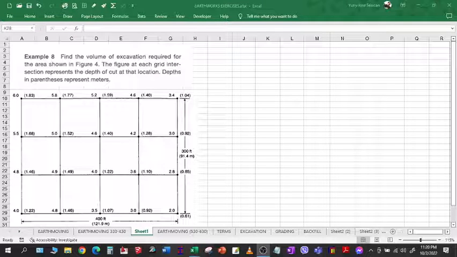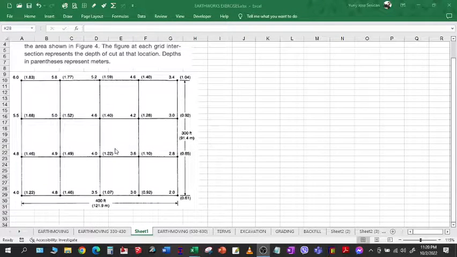Example 8. Find the volume of excavation required for the area shown in figure 4. The figure at each grid intersection represents the depth of cut at that location. Depths in parentheses represent meters. So here we have a large excavation,